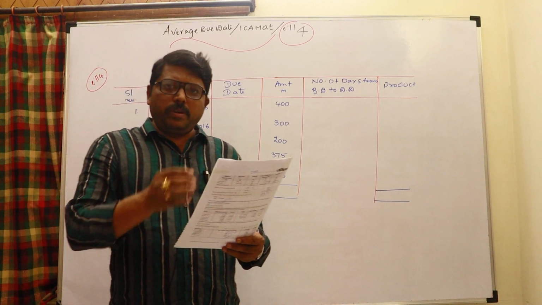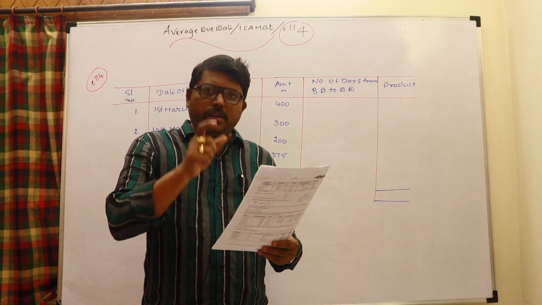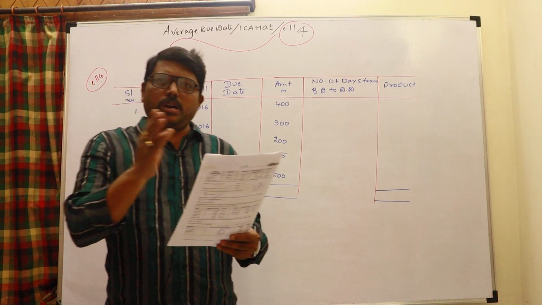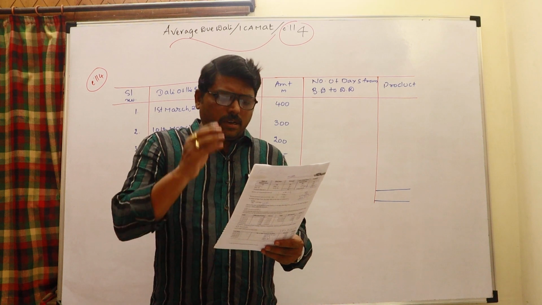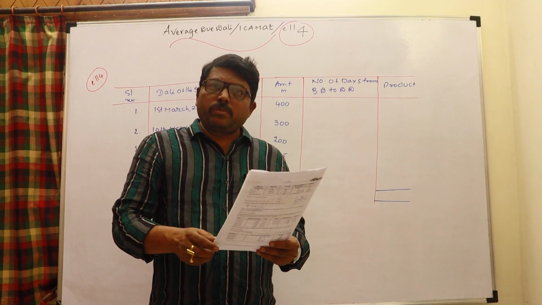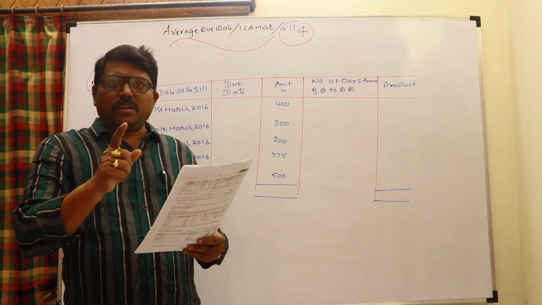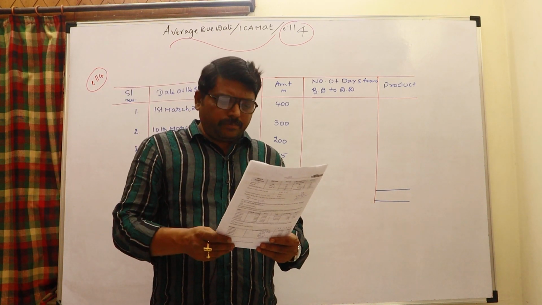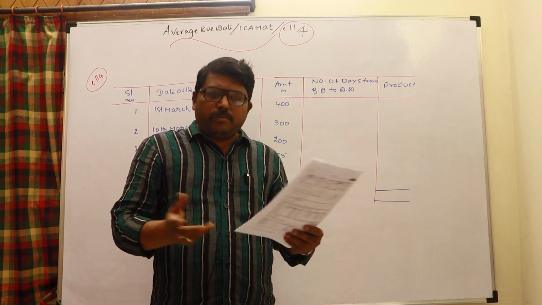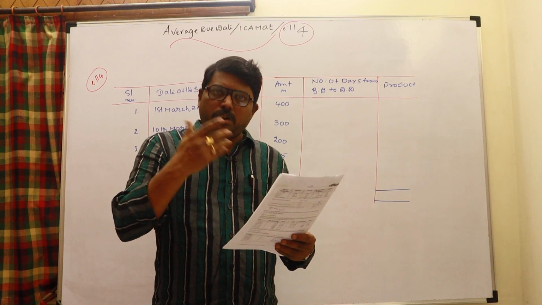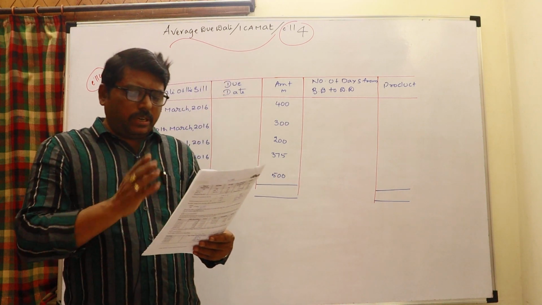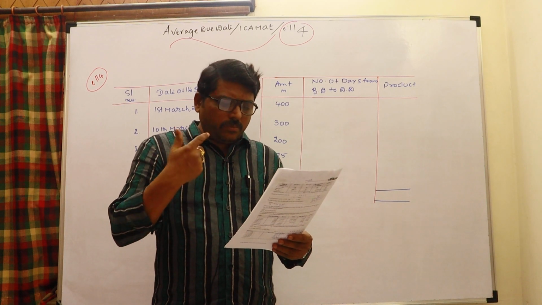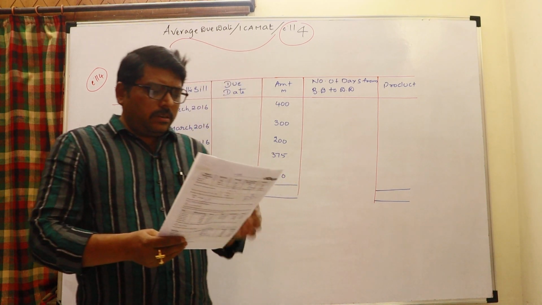Normally the due dates are given, but here the due date is not given; the bill drawn date and the term of the bill are given. You have to add the term of the bill plus 3 grace days, then the due date will be found. I said that if the due date is a public holiday, the preceding day should be the due date, and for an unforeseen holiday, the succeeding day. Otherwise, wherever the due date falls, that itself is the due date. So the date of the bill and the term are given, and the amount also. Illustration 4.